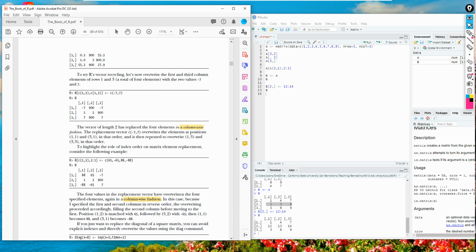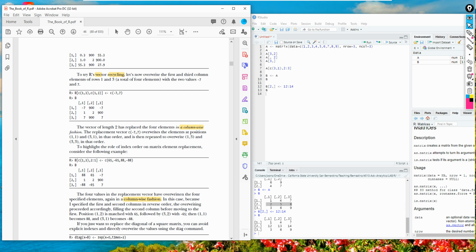Let's see. Oh, you know what? Actually, when you do overriding, this vector recycling concept is also used here. For example, this is... Okay, you know what? Let's first talk about this example. I want you to know that it's a vector of length 2. Before we talk about this recycling concept, let's talk about this example first.